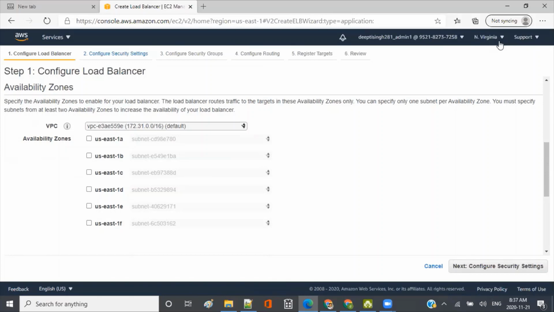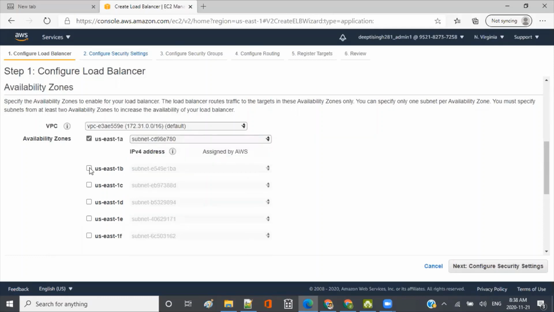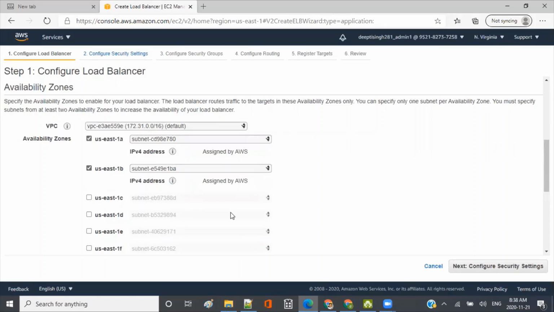There are multiple regions where AWS is available, and you choose one. By default, I have Northern Virginia. I'm seeing all the data centers, called availability zones, within this particular region. Wherever you want your instances, you specify here. I just want to use 1A and 1B, these two places.